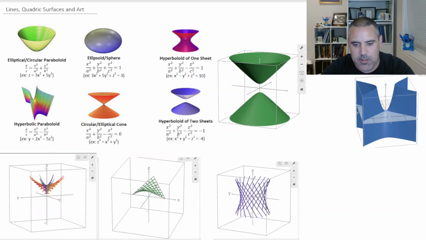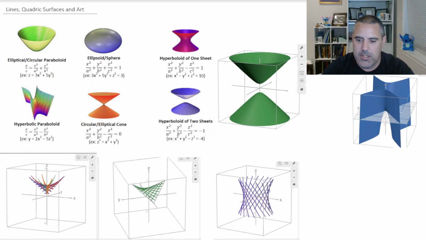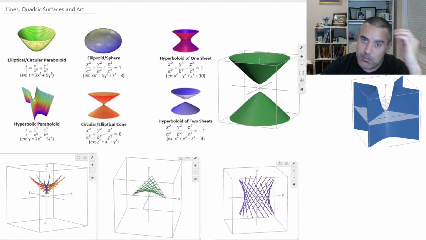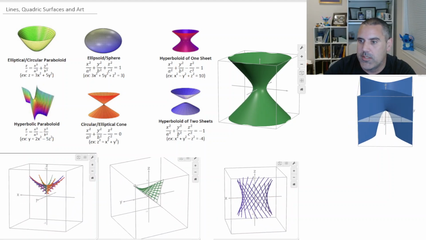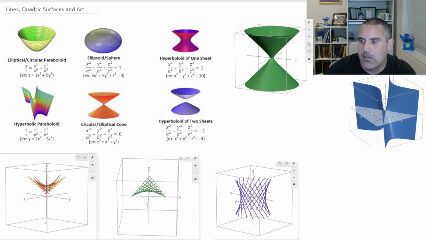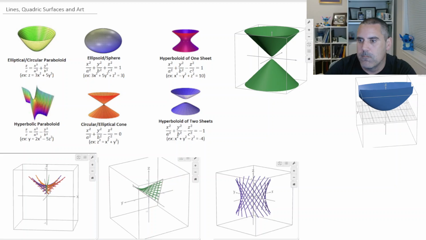Maybe we'll increase these numbers a little bit. And let me know in the comments if this is something that's interesting to you, if one of those is particularly interesting. My hope is to make some 3D prints and have them available in the Math Study Center so you can think and look at those. But there we are,